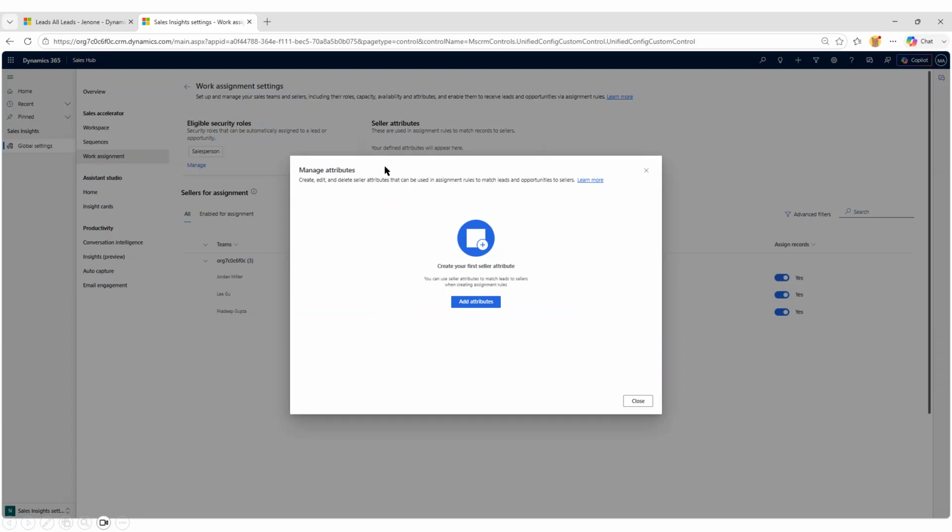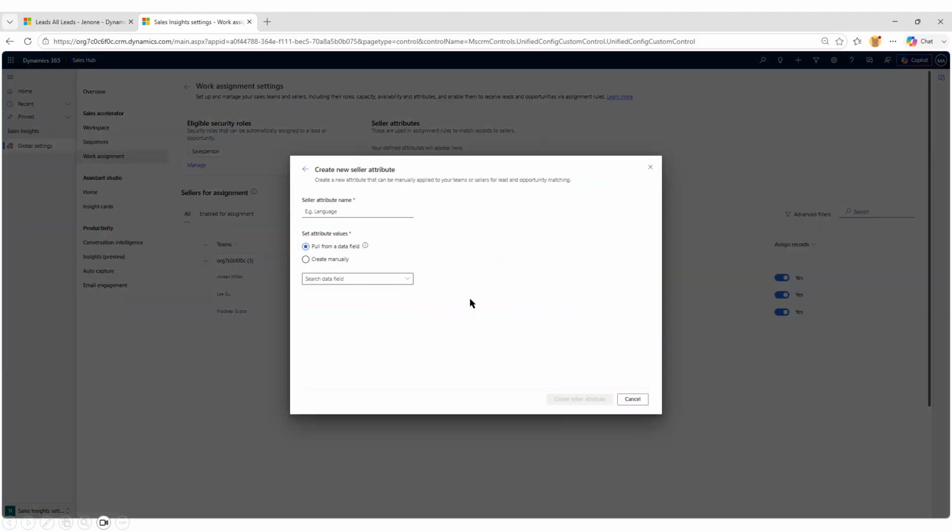If I click on manage, I will be able to add new attributes. Here we have two options. One is pull from a data field, which means we can use the existing choice columns from lead and opportunity. And the other option is create manually. For this demo, I will go with the first option,